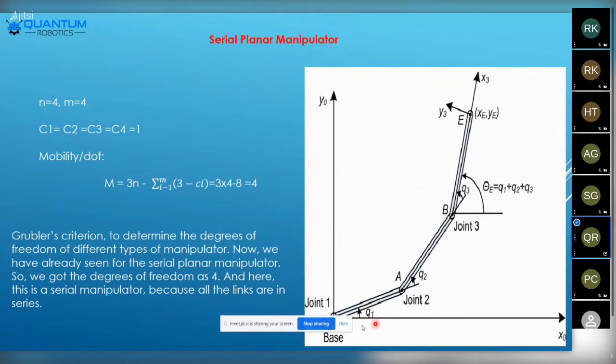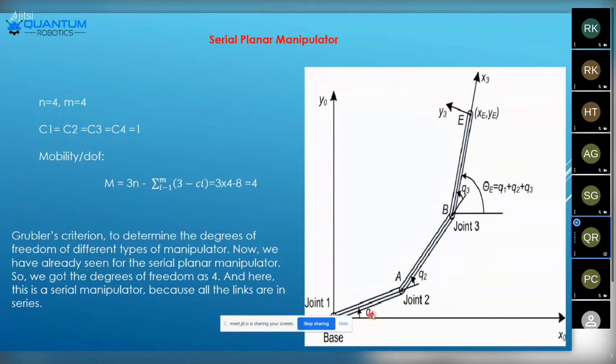The serial planar manipulator means here the point of an axis of a weight is going to be borne over here. From here to here there is one link, and here there is one more joint. This joint is going to actuate this link, and this joint is going to actuate this link. What the main effect is falling on this point, and the subdividing of the weight is going to be added on these joints. Okay, now we got it, how the serial manipulator works.